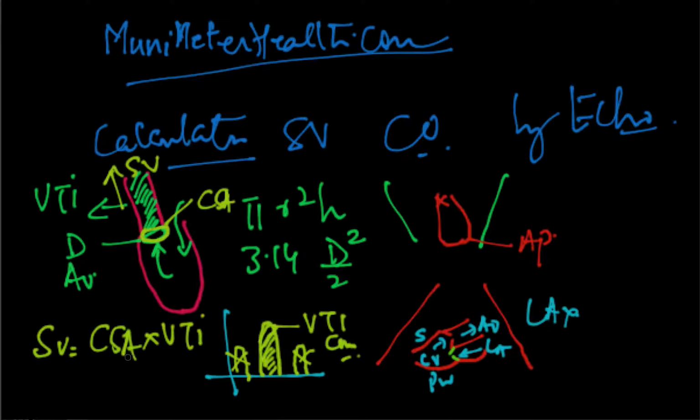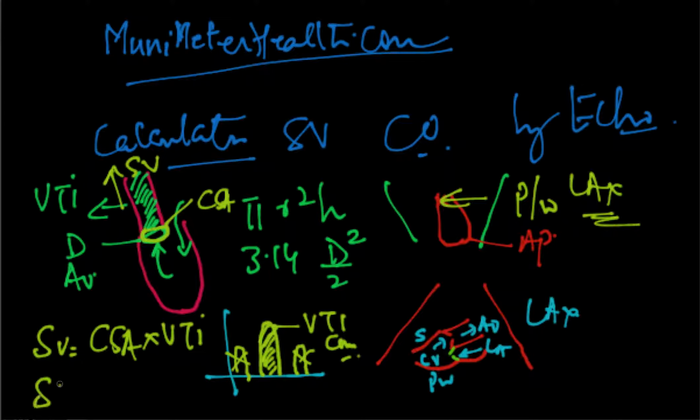So cross-sectional area is calculated by the 2D echo. VTI is calculated by the pulse wave Doppler. Remember, you have a pulse wave Doppler here at the long axis view, and that is very important. Okay, so as simple as that. So say you've calculated the CSA and the VTI, and the stroke volume will be about